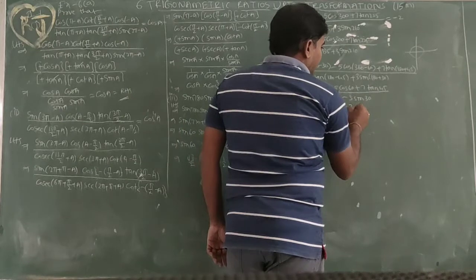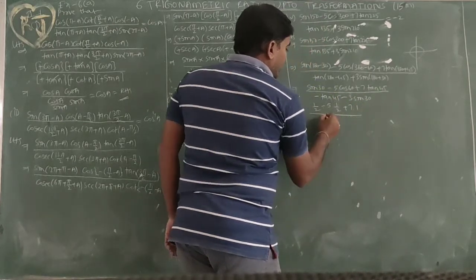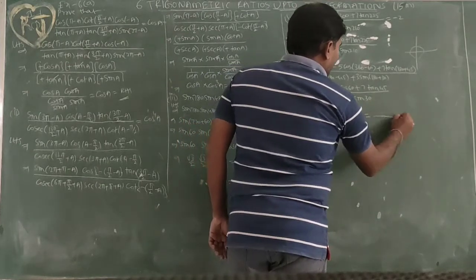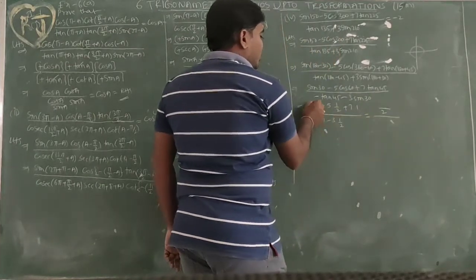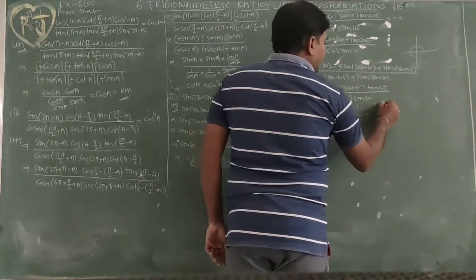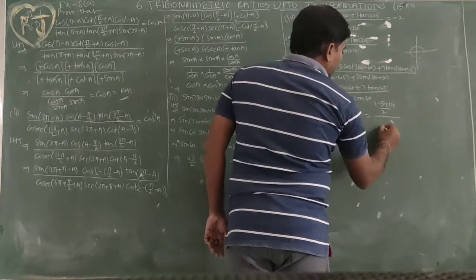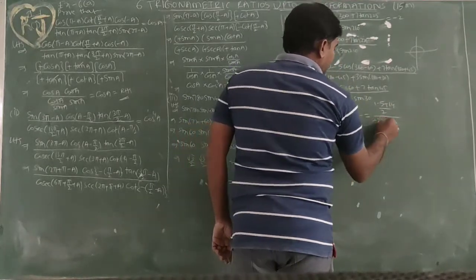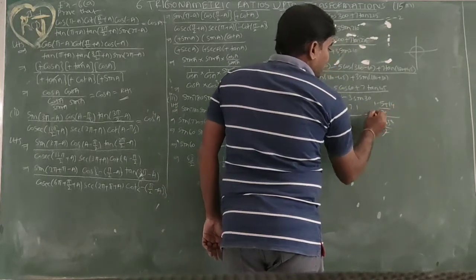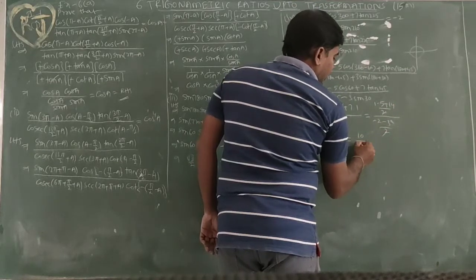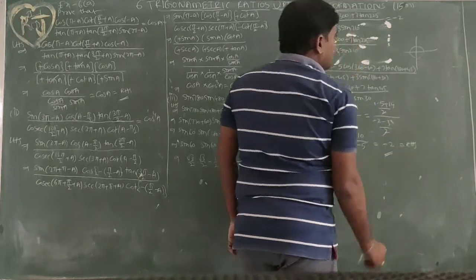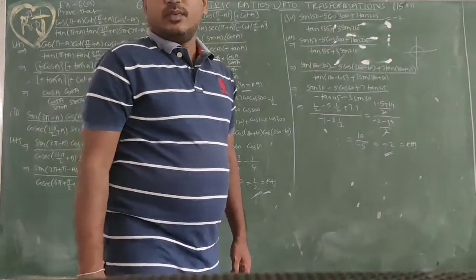Now sin 30 equals 1 by 2, minus 5 into cos 60 which is 1 by 2, plus 7 into tan 45 which is 1 by minus 1, minus 3 into 1 by 2. Taking LCM 2: 1 minus 5 plus 14 by 2 minus 3, which gives 15 minus 5 is 10 by minus 5, equal to minus 2. So this is equal to RHS. This is the required solution. Okay, next question.